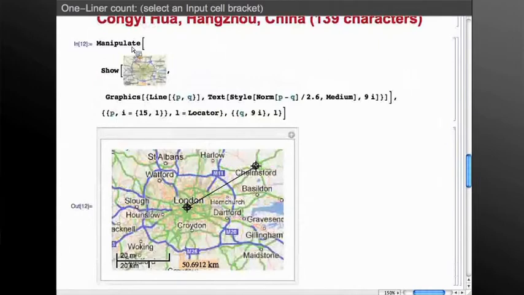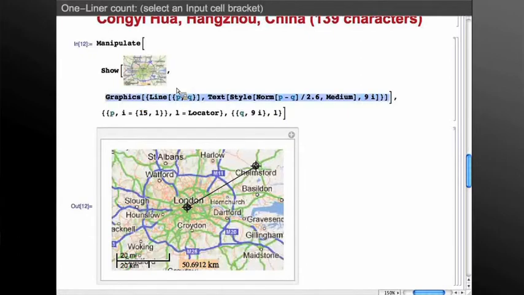This is a use of Manipulate to produce the interface, but in contrast to some uses of Manipulate, this doesn't have any explicit controls in the top banner of the Manipulate. Rather, it embeds the controls as these locators within the content. And so it combines, using Show, an image of a map and a graphic overlay, which